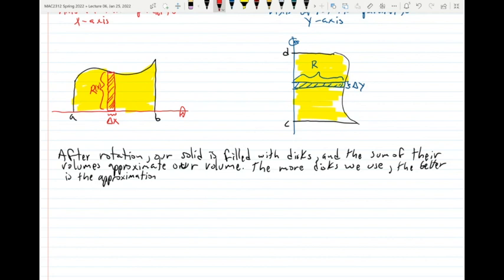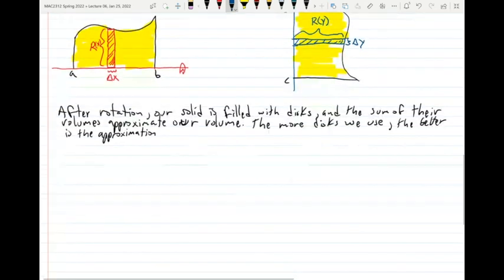Do you understand this? And similarly on the other picture, depending where I decide to place my rectangle on this vertical axis, the length of this rectangle may change. Yes? So this is a function of y. So r is really a function of y. And remember, in the vertical picture, in the first one, the red, r is top minus bottom. In the blue picture it is right minus left. It's always the same thing. Okay. All right. So with this notation,